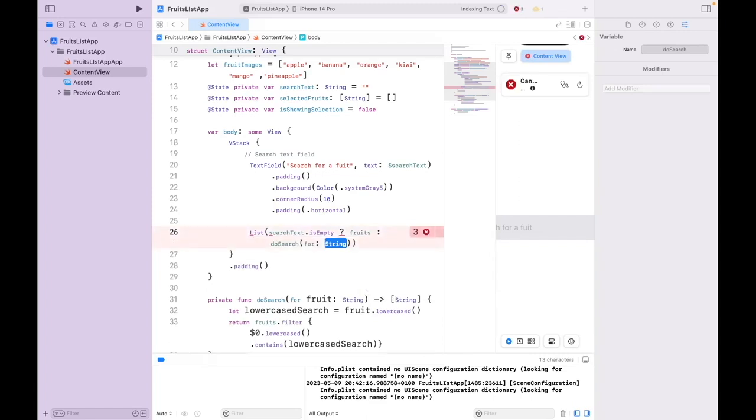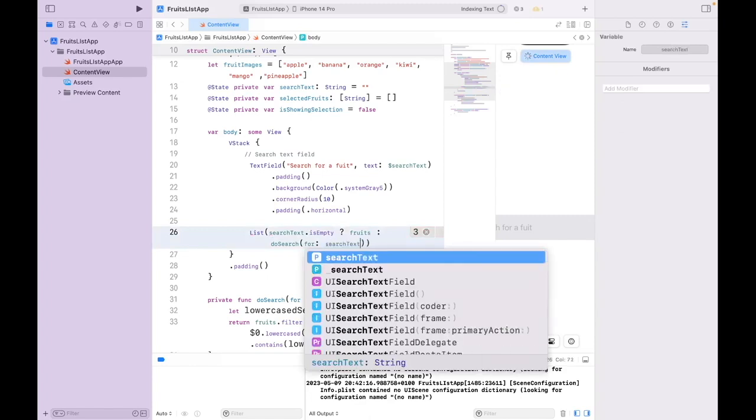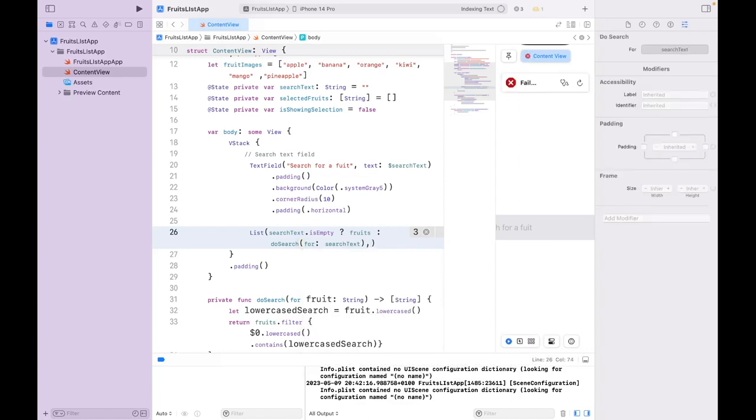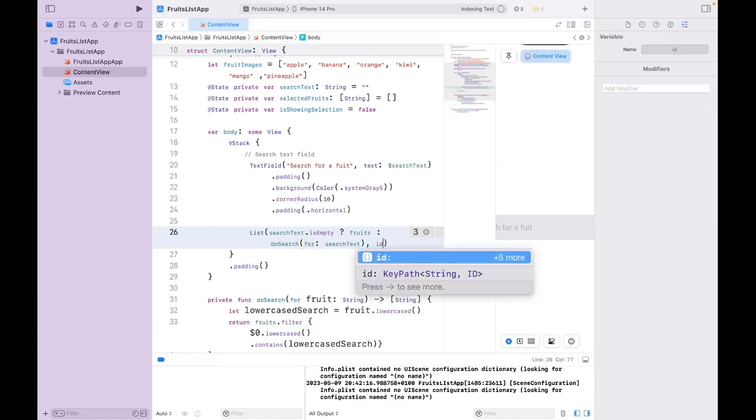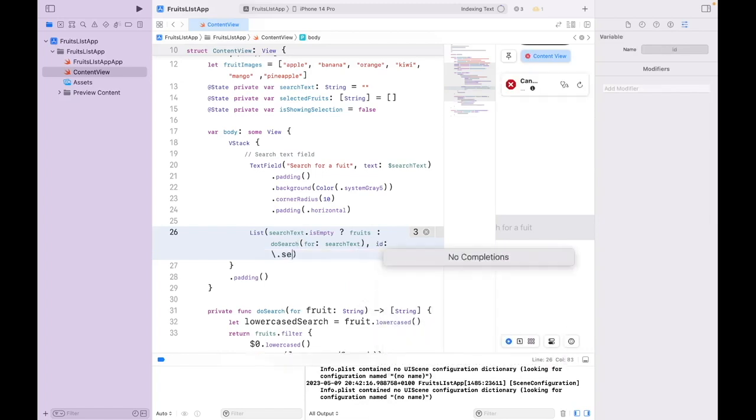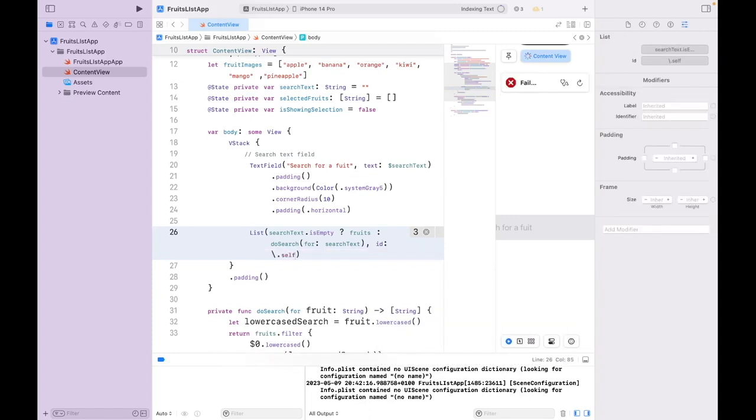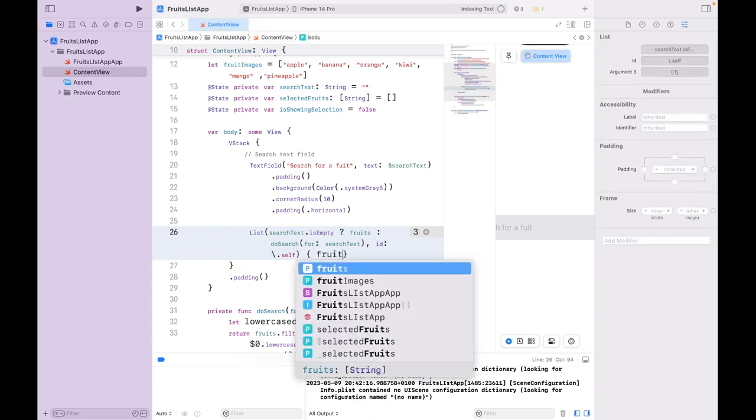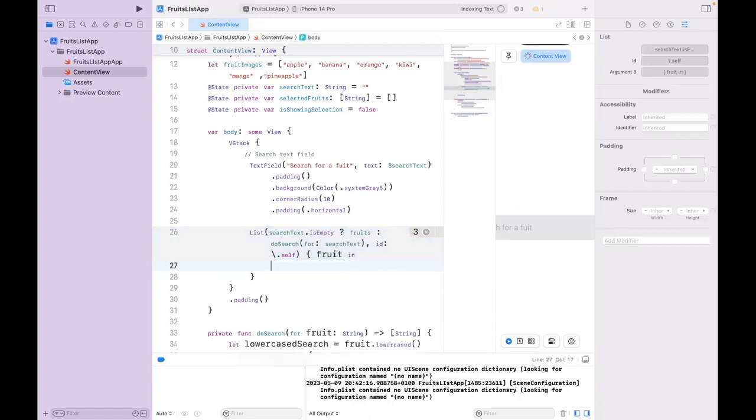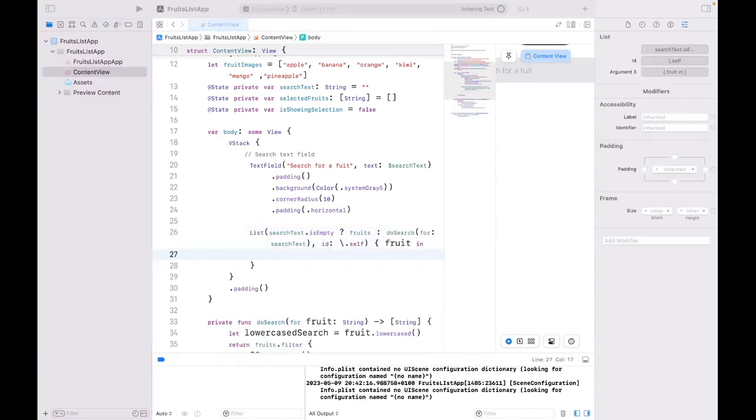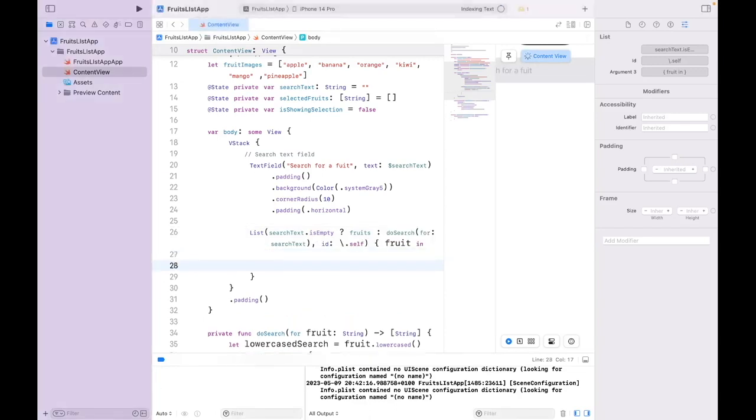And then for, then type in search text. And type in comma, ID, slash, dot self, open bracket, fruits, then in, and then now type in hstack, open bracket,